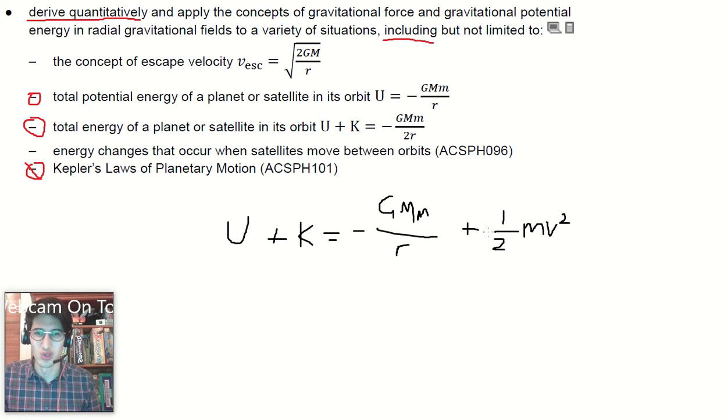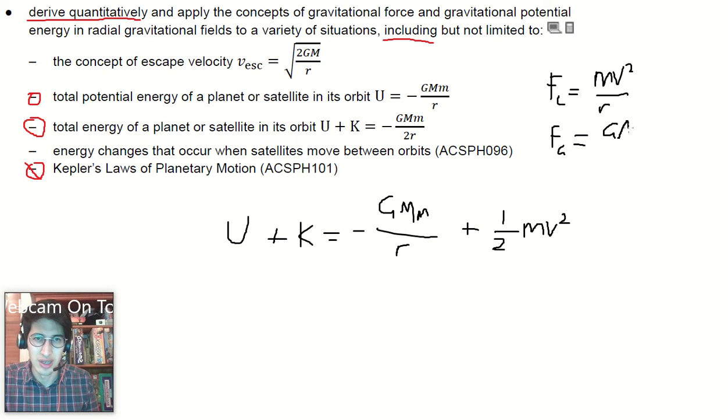All right, so let's try to do this. So half mv squared, that's going to now, where am I going to write this? Fc is equal to mv squared over r. Fc also, force gravity, is equal to G m1 m2 over r squared. So we can combine these two equations because the forces are equal to each other. So we have mv squared over r is equal to